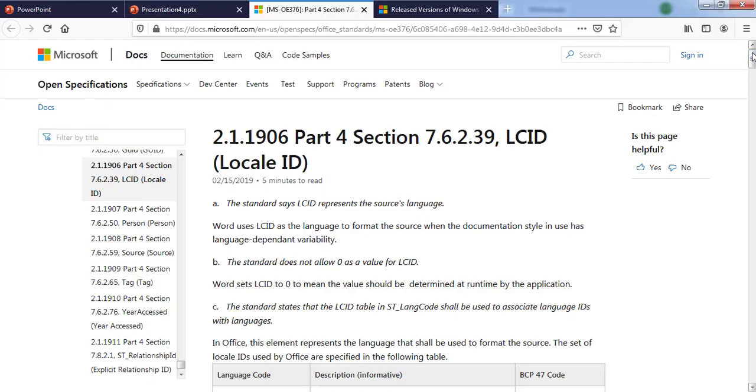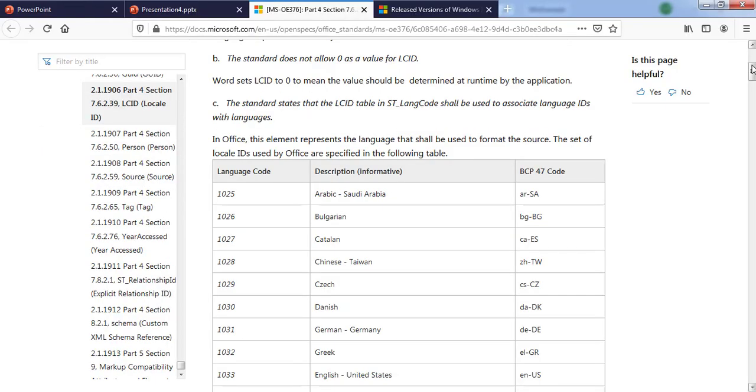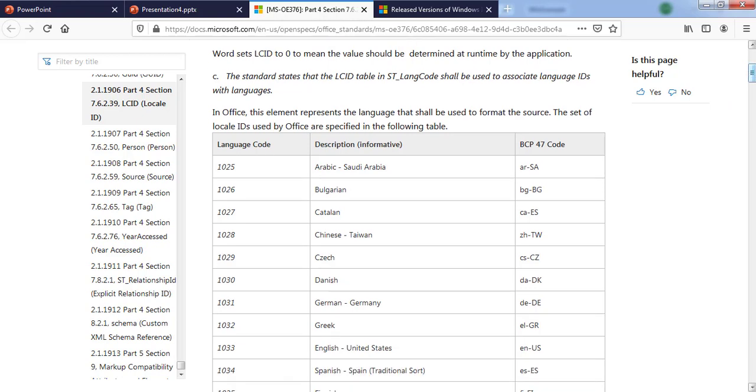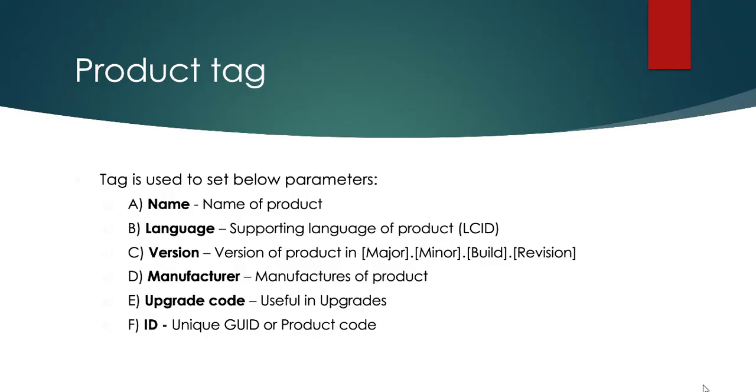So this is a Microsoft site that I have opened. On this website you can see each language code has one language assigned to it. Suppose if we want to use English of United States, we have to choose a number like 1033, which represents English of United States. And if you go with Greek, then you can go with 1032, which represents Greek. On choosing certain numbers, the error messages and other respective messages will be displayed in whatever language we specified here. Even though we can localize our WiX setups, this is the default way to set a language for a WiX setup. So let's go to the next property, that is Version.